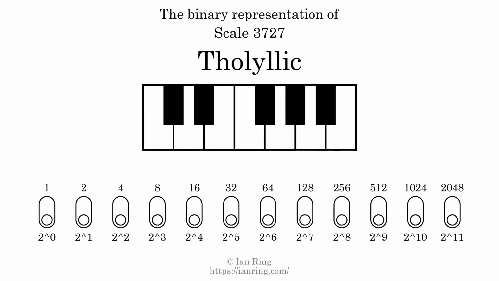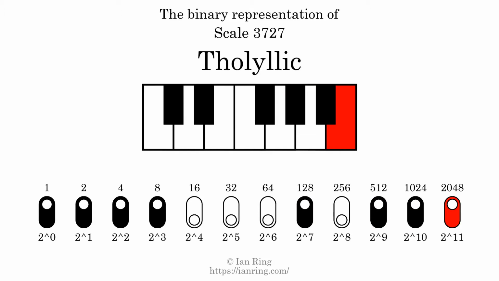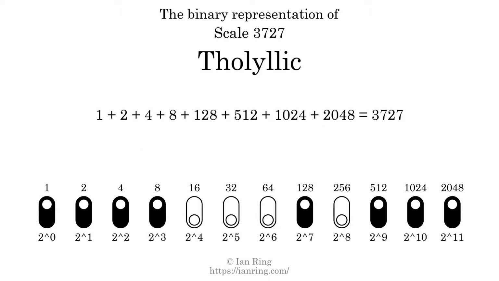The binary representation of this scale is determined by mapping tones of the scale to binary digits. Each binary digit represents a power of 2. To get the scale number, we add the powers of 2 together. The powers of 2 that are present in the scale, all added together, equals 3727. That is why the scale number, in decimal, is 3727. The scale number not only enumerates the scale with a unique index, but it also literally describes the tonal content of the scale. Represented as a binary number in base 2, the scale number is